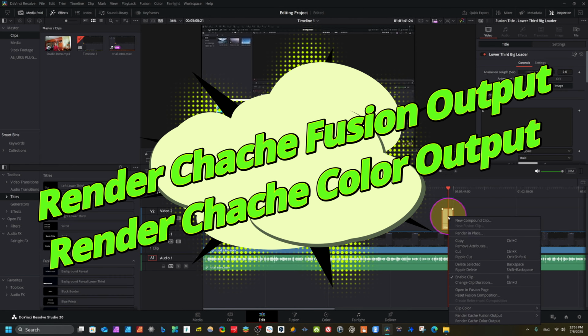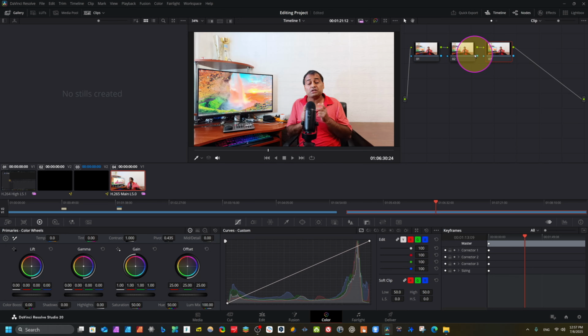Most people don't know they can even make the timeline very smooth. They can even control the color nodes. I want to use color grading. We come to the color page here, and I want to add color nodes. We can control the color nodes, render color nodes, and here we want to add color grading. For example, I want to increase temperature, I want to increase tint here, you see, and hue and saturation I want to increase. Okay, we have changed our clip here.